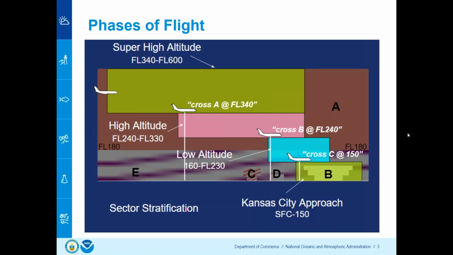And then the TRACON will pass you off to the Air Route Traffic Control Center. At the Air Route Traffic Control Center, you have controllers that are still talking to pilots as they get all the way up to cruising altitude, typically flight level 30,000 feet or so, or a little bit higher. And they are talking to pilots all the way across the country as they're doing their flight. Then as they return, they get passed off back to the TRACON to start getting lined up into the airport, and then eventually the tower for landing. Next slide, Ryan.